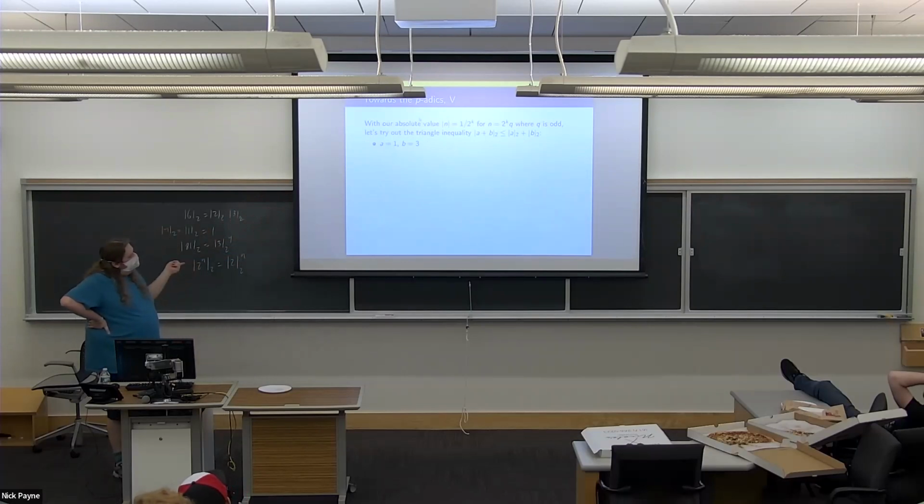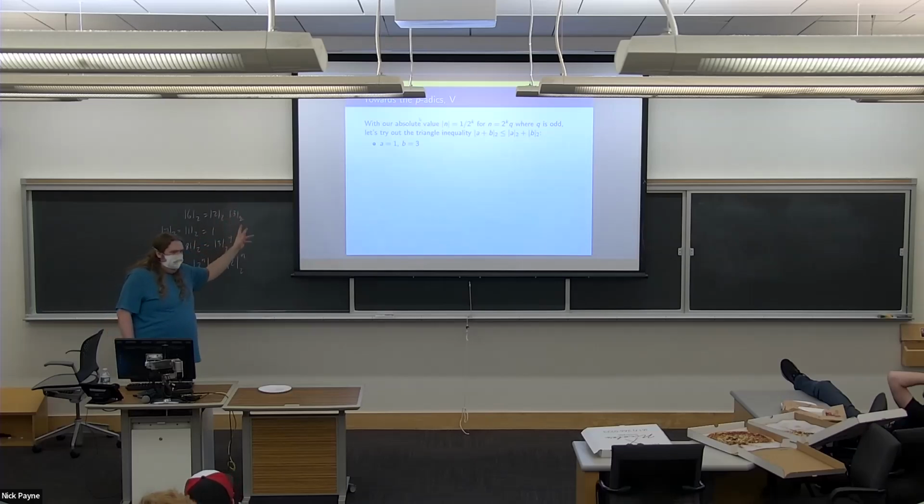If a equals 1, what is the absolute value of a under my special absolute value number 2? Okay, yeah, 1, right? Because if my number is odd in general, then k is going to be equal to 0, and so I just take 1 over 2 to the 0. So the absolute value of an odd number is 1. The absolute value of an even number, divisible by 2 but not divisible by 4, is going to be 1/2. Multiples of 4 but not 8, it's going to be 1/4. Multiple of 8 but not 16 is 1/8, and so on and so on.